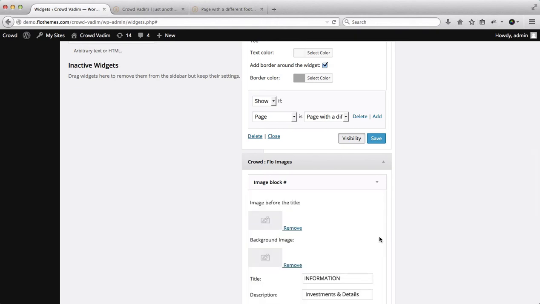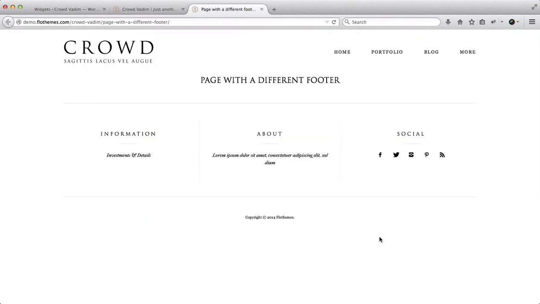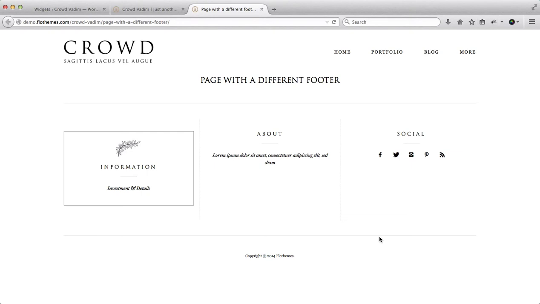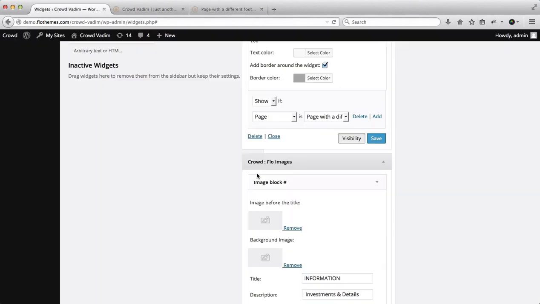Alright, so at this point, let's go ahead and go back to our page with a different footer. We'll refresh this. And as you see here, I have my footer slightly different. And we can do the same thing with the about page and the social page as well. So if, let's just say, we go back to our,